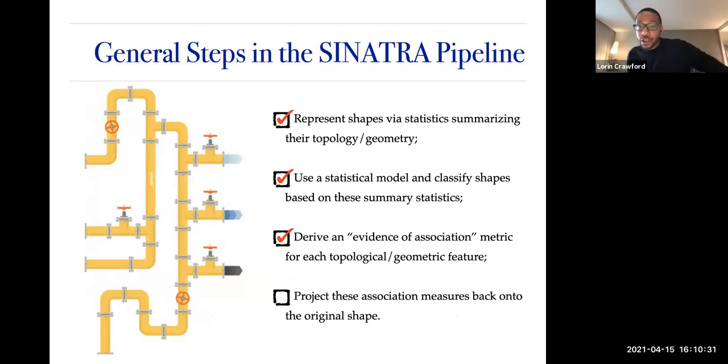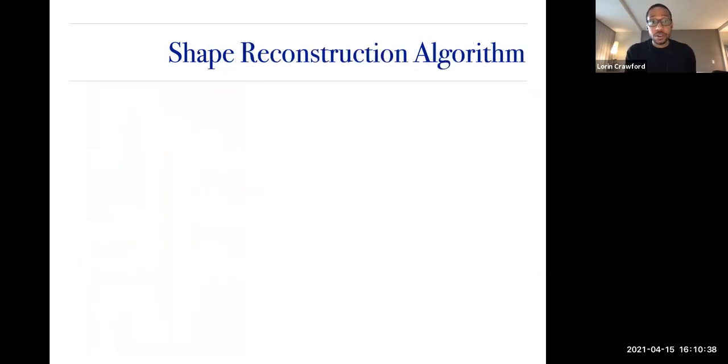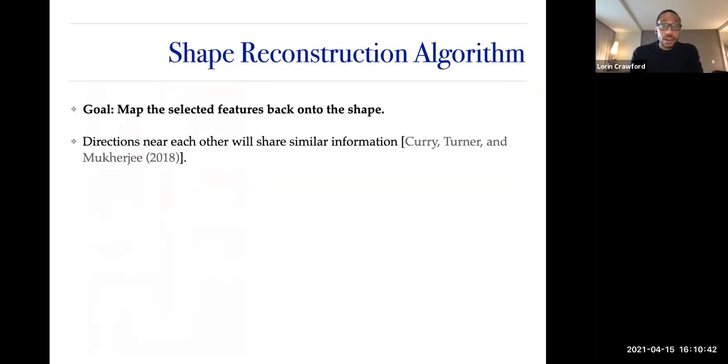Now what we're going to do is we're going to project. We need to have some kind of projection. And this is actually probably a real novelty of this work, which is thinking about this projection machine. So our shape algorithm takes advantage of this idea that my goal is, once I do variable selection, to map it back onto my actual shape. The idea here that we're going to take advantage of is that when I'm rotating my object and I'm doing these Euler characteristic sweeps,